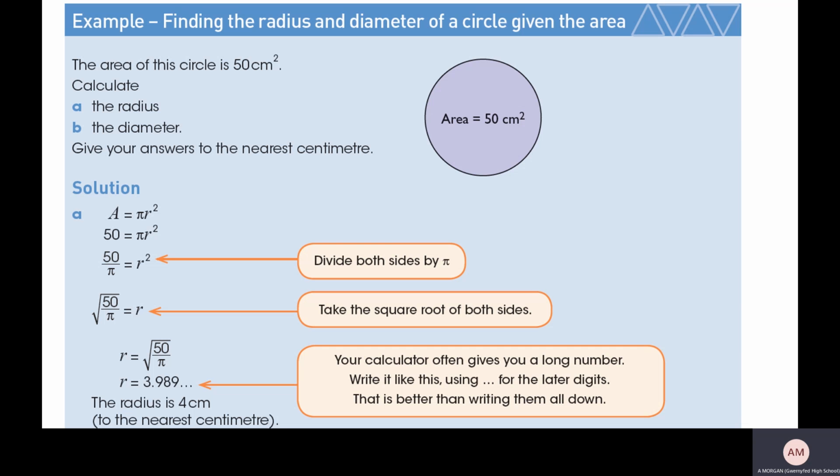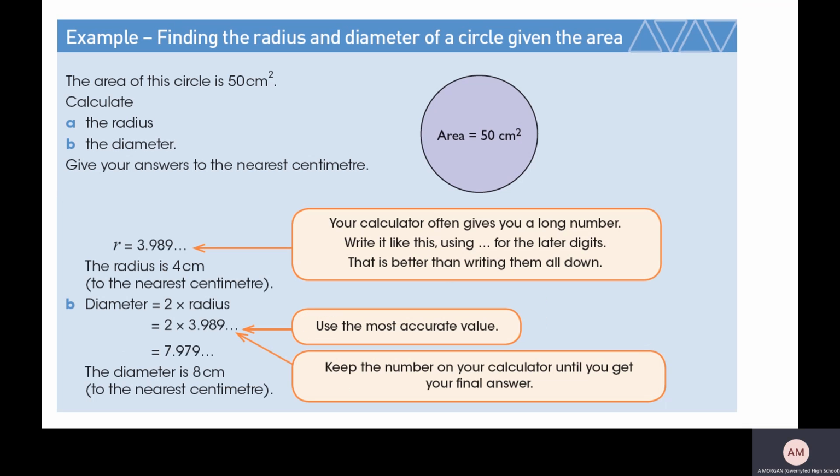Then the next thing is the diameter. And the diameter is just double the radius. So you might think, well, let's just double the 4 to get 8. And you'd be lucky if you saw what you did, because it does give you the right answer, but you should be doubling the exact value of the radius. So doubling the